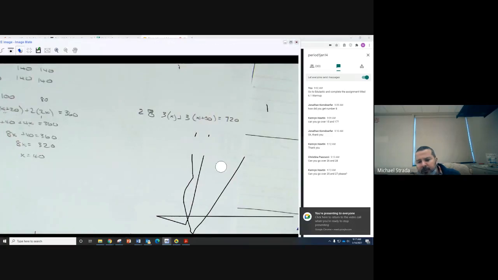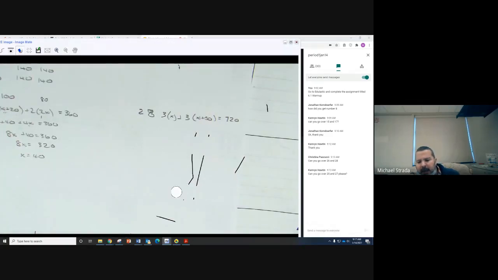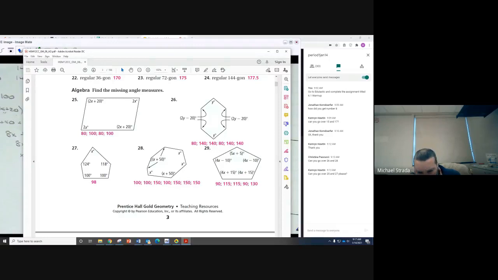Okay, 28's a little tricky in that it's hard to tell which angles are which. So in 28, that's x plus 50, that's also x plus 50, and that's x plus 50. All right, so there's actually 4 different angles that are x plus 50, 1, 2, 3, and 4, and then 3 of them are x. There's 7 angles. All right, so when I set up my equation,